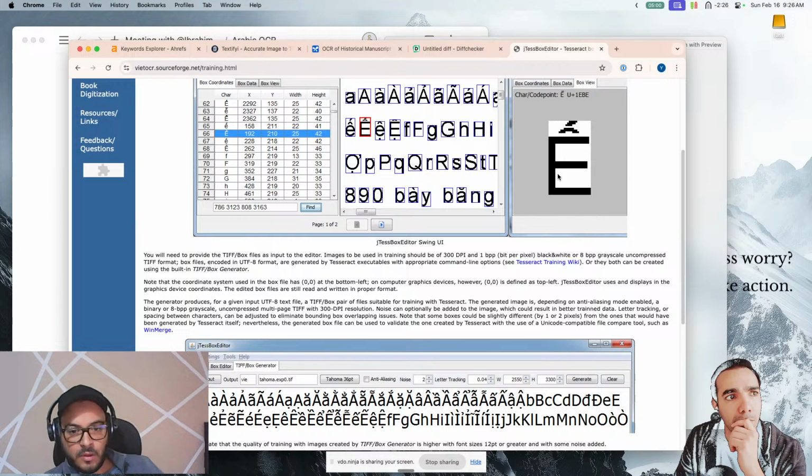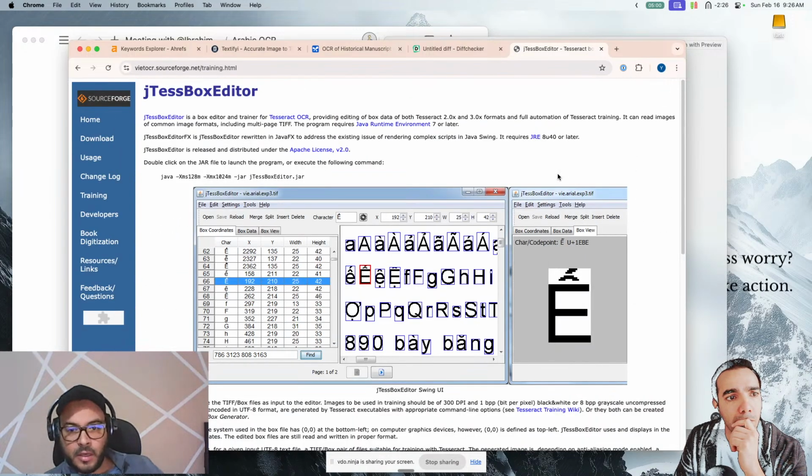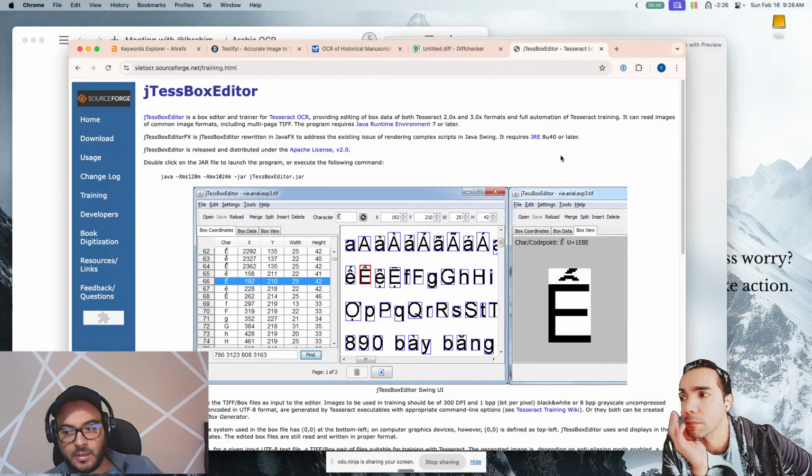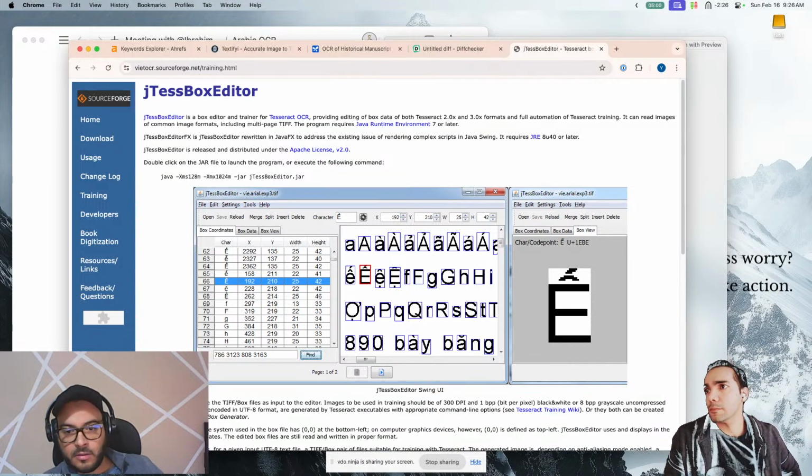it would generate like an initial version for you, like a box corresponding to each letter. And then you would just modify the letter to the,